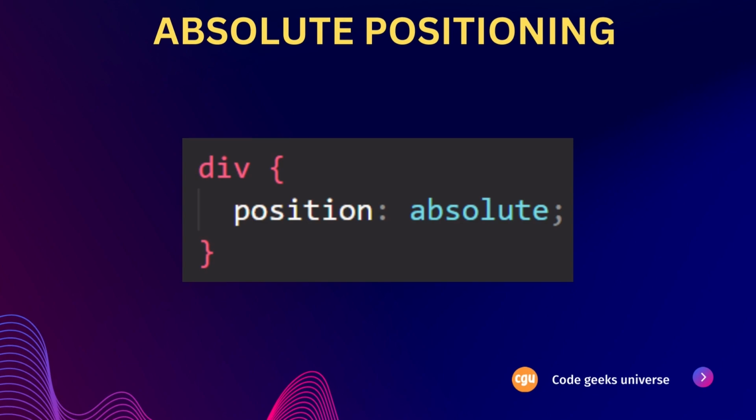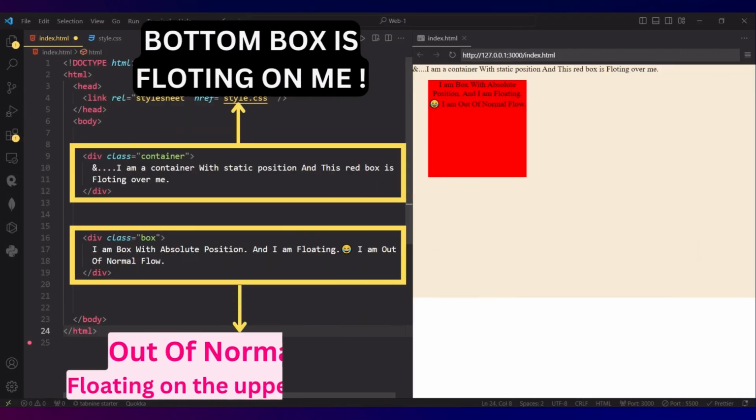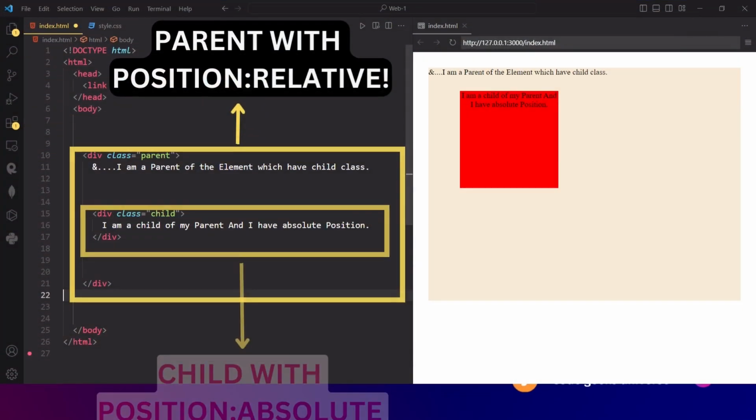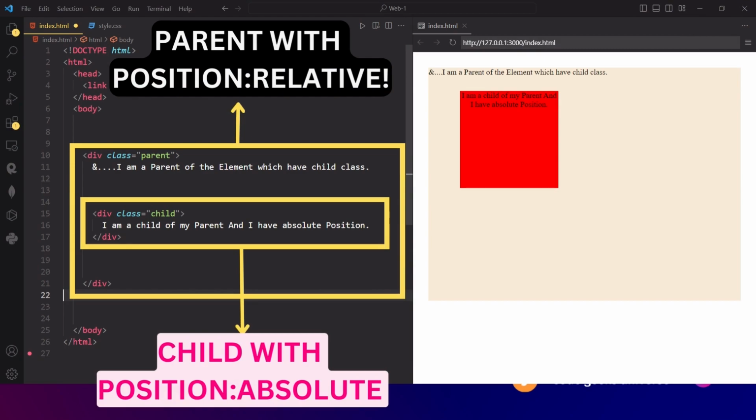And now the next one is absolute positioning. The absolute property is a fundamental tool in web design. When an element is set to position absolute, it is removed from the normal document flow, essentially floating above other elements. Its position is then defined relative